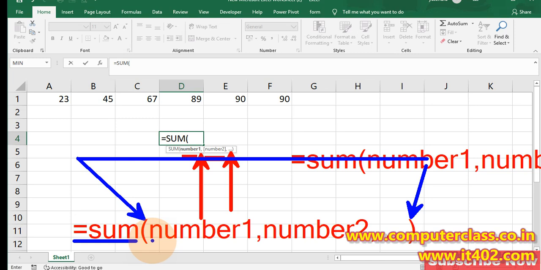First you put any number, and after putting the first number, you need to give a comma. Every time you want to put a number, before putting the next number, you need to put a comma, and then put the next number, then again a comma, and then dot dot dot. That means you can continue, or you can put any number. I hope you understand this formula. And this is not only for sum; this method is applicable for all the formulas in Excel.